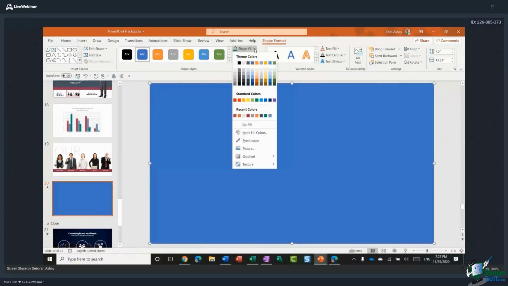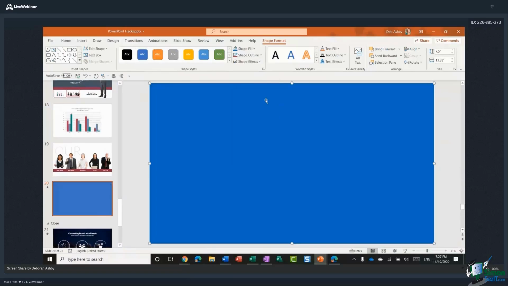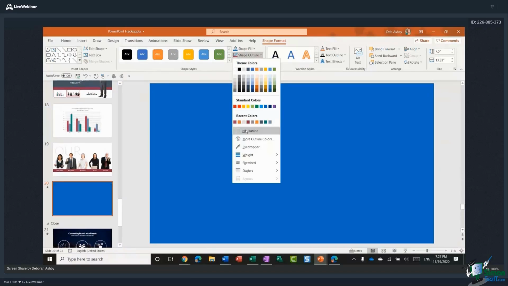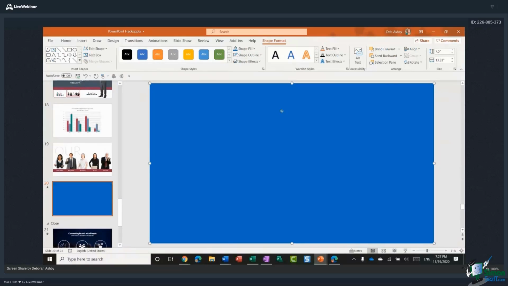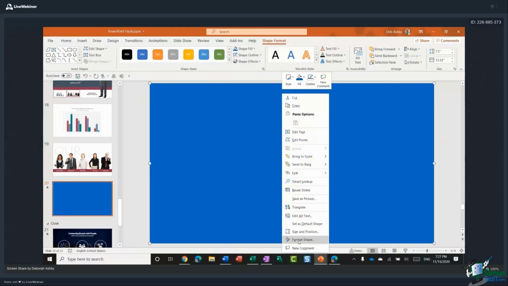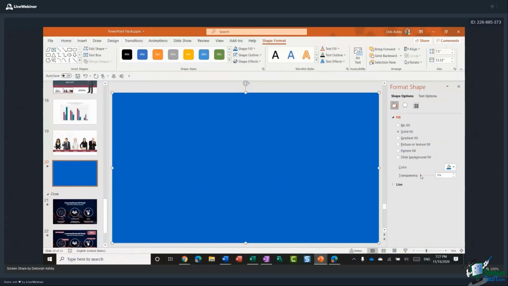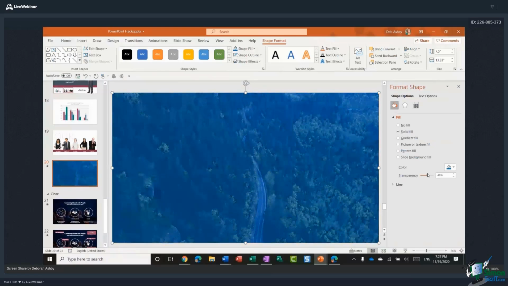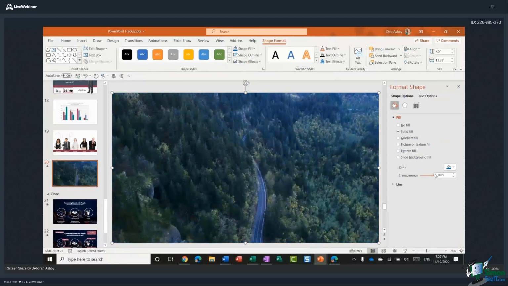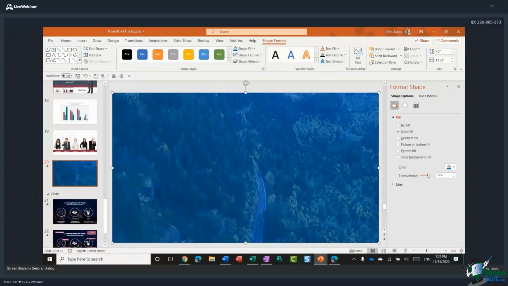Then I've changed that shape fill. So you can choose whatever color you like. I'm going to go with a blue. I'm going to say I don't want an outline. And then I've just done a right click and changed the transparency of the shape to either let through less or more of that video. And this is great if you plan to layer text over the top, because the last thing you want is a video that distracts away from the actual text. So I'm going to just let a little bit of that video sneak through.